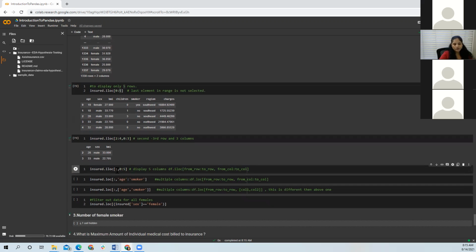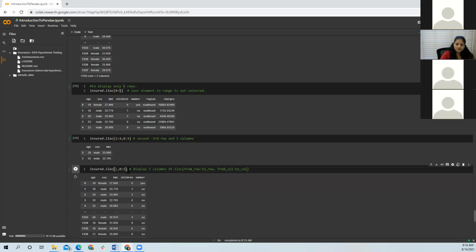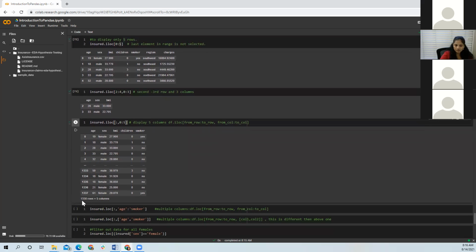If we want all the rows but want to limit our columns, the syntax is df.iloc, where for rows you mention where you want to start and where you want to stop. Similarly, for columns, from which column you want to start and which column to end. Here I want all the rows, so it is showing me 1338 rows. If you observe, when there are more rows, pandas doesn't display all of them. It will always show something as ...